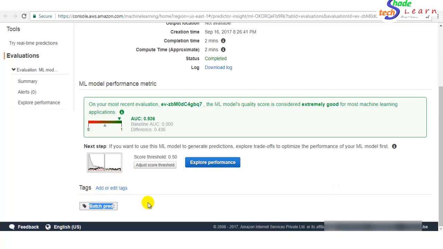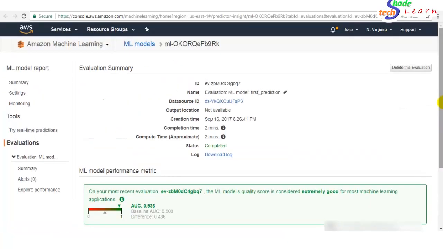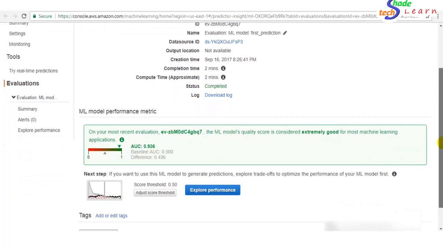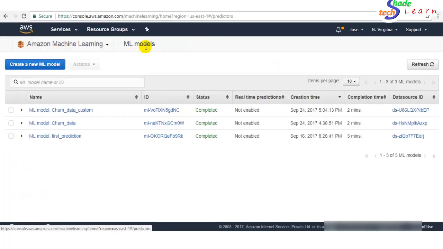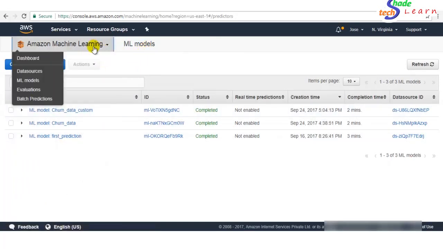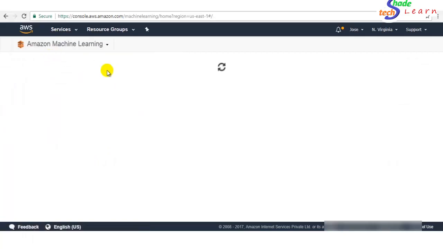So I can use it for further use or identifying that this is why I used this particular model. I can give it a specific name or some identifier that I might use in future. I'll go back again to my dashboard